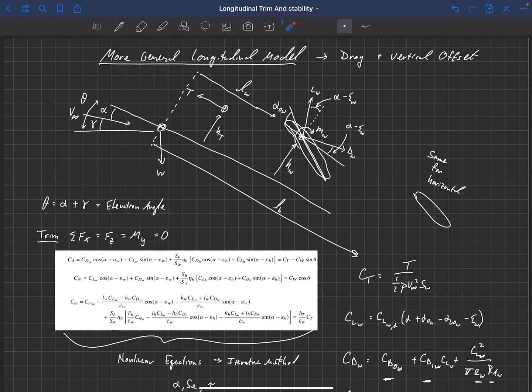And it's not really that complex. I mean, we're talking about sines and cosines in here, and sure, you have to solve this iteratively, but it's not really terribly difficult to solve. We just have to solve it numerically.